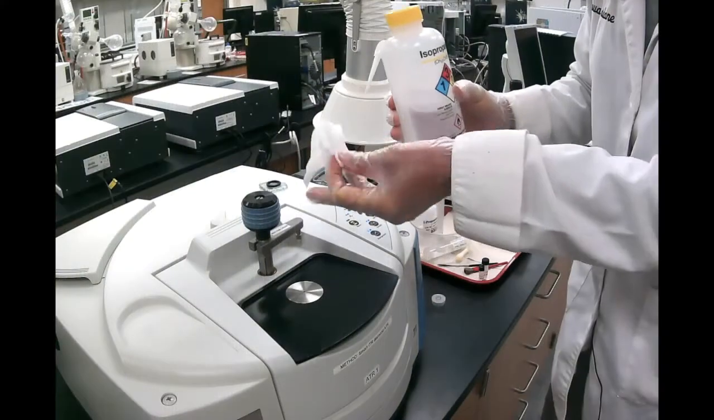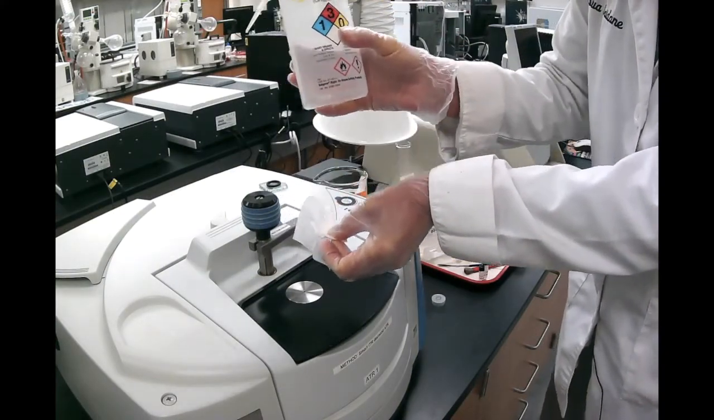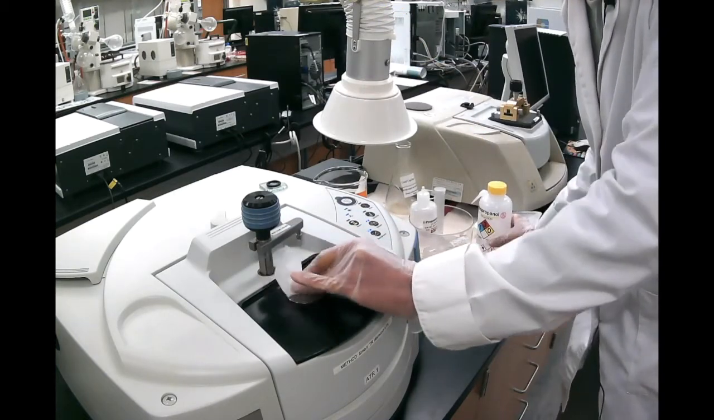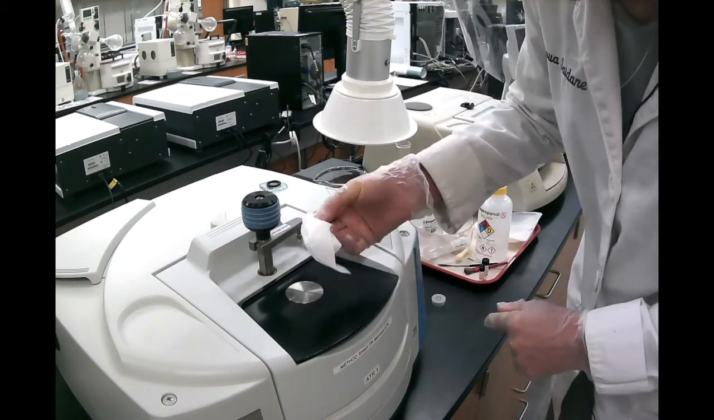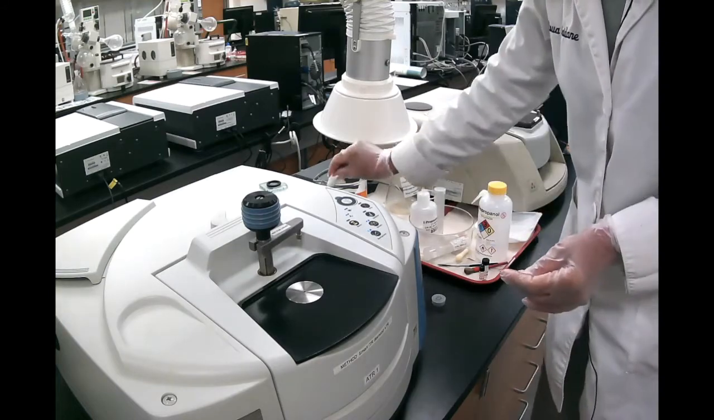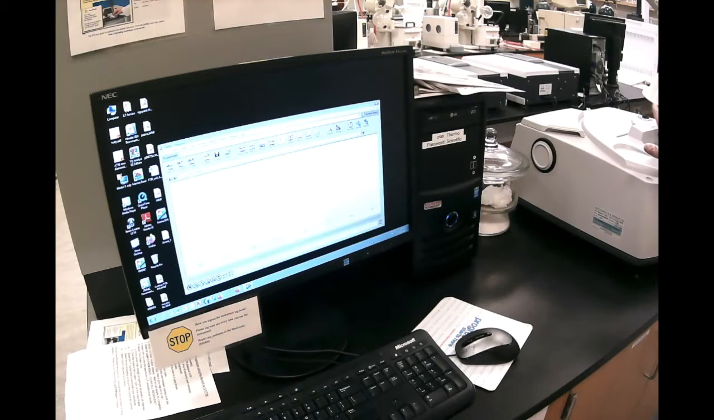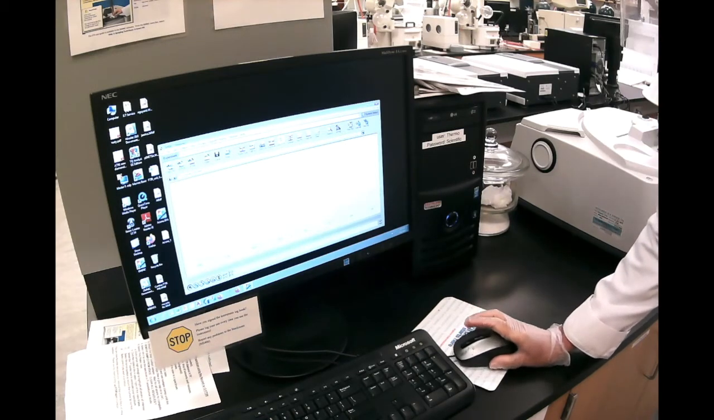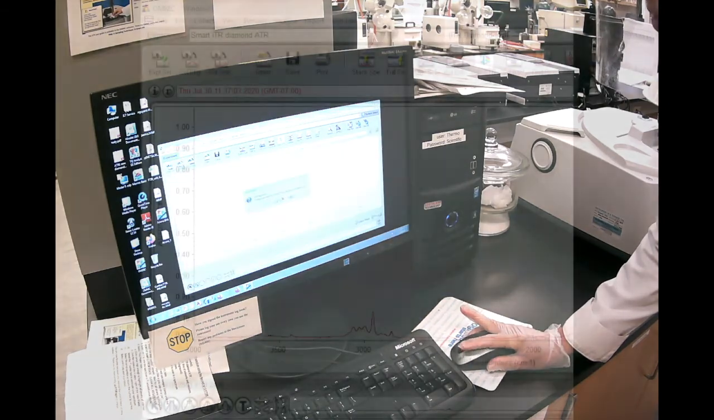So how do we clean it? You take a Kimwipe, and you put a few drops of isopropanol, and then you wipe the diamond, which is right in the middle there. And the good news about isopropanol is that it evaporates quickly. So now we completely have a clean crystal. So once we cleaned the surface, we're ready to collect the background. So you have to click. There is this little button there that says COLBKG. That means collect background. Click